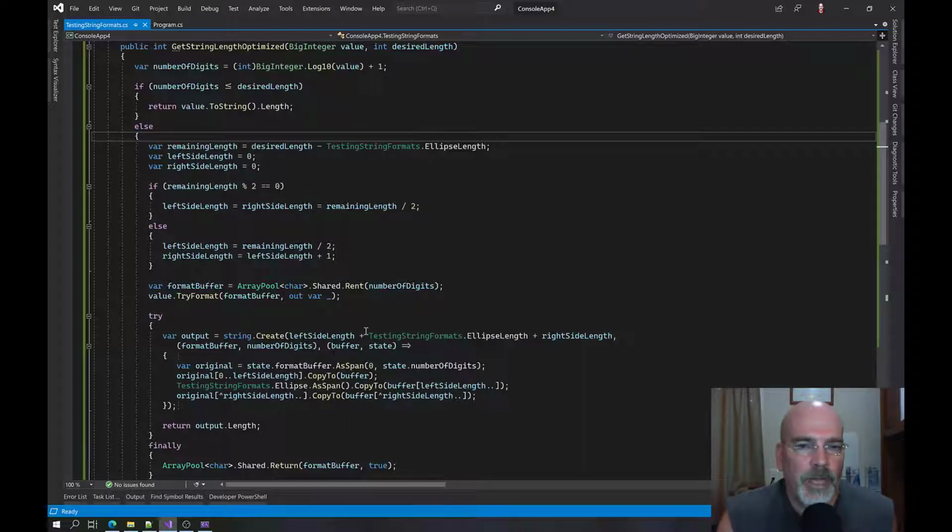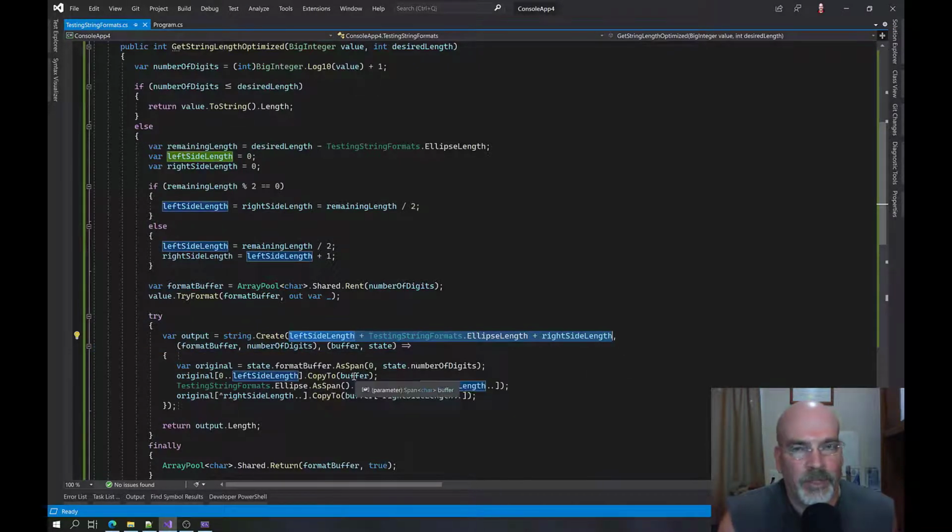And I believe because you're passing in this amount, it's also creating something that's going to be a span to say you can only have that much, I'm guessing. Then you copy in the left side length, the right side length, up to whatever. And then you copy two into the original. And the original is what actually makes the output, and that's what you print out. Okay. So